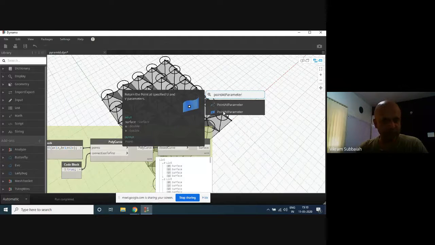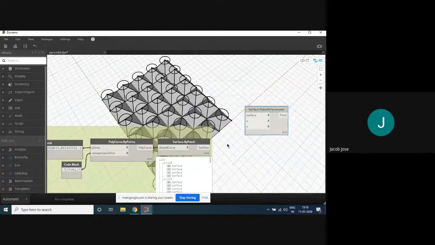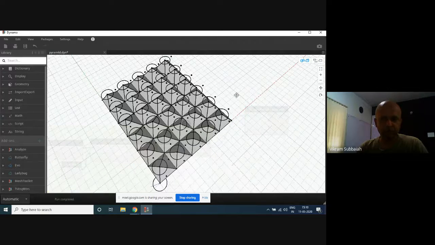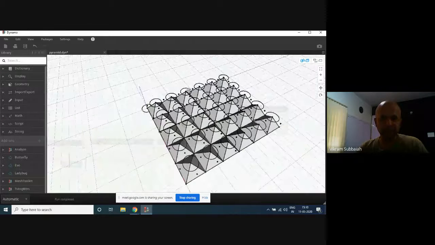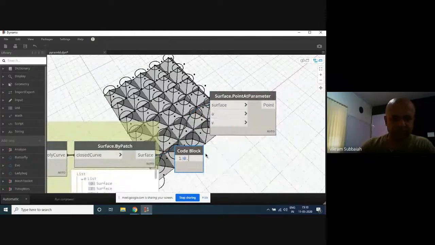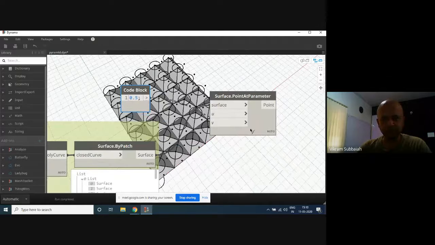We go to this surface option and click surface, and automatically it takes 0, 0 as the value, giving us some point at parameter 0, 0. Here we'll say 0.5. We want 0.5, 0.5, so I'll just type 0.5 once.